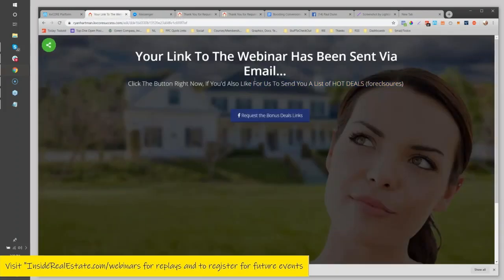So lots of directions you could go with this as well. You could just say, if you'd like to talk to a realtor right now, click to start chatting with me. If you'd like to know the best deal that I know about right now, click to talk to me, right? Lots of things you can do with this type of bridge page. Not as good, but you're using the real estate and the fact that they are hot to trot about the information right now to